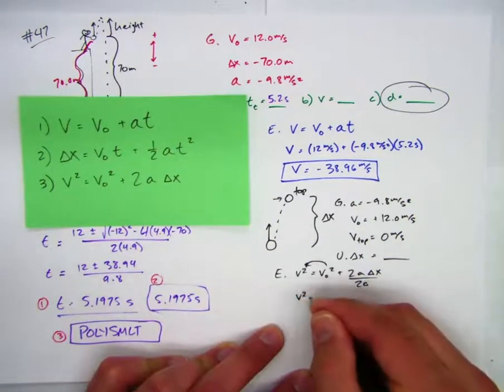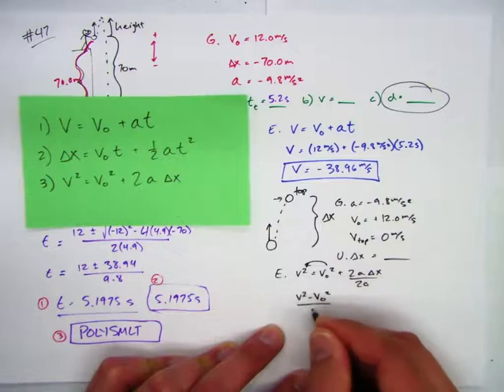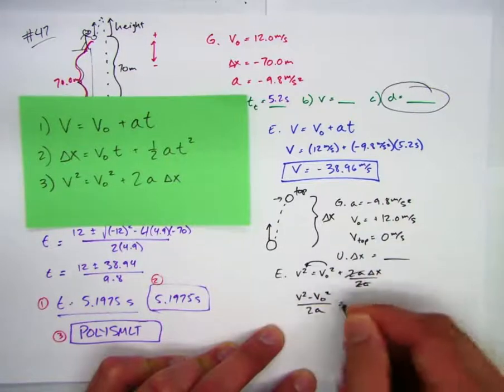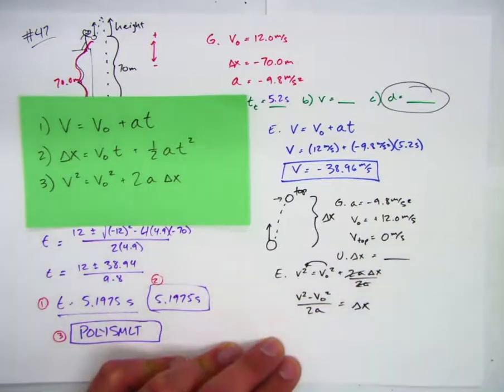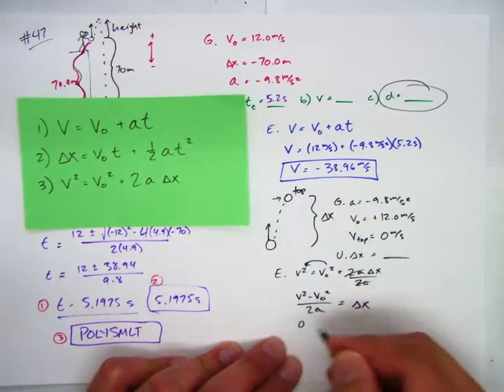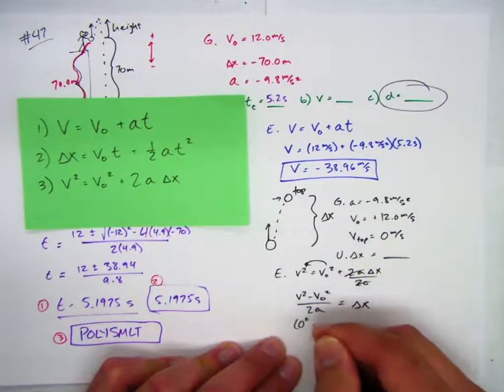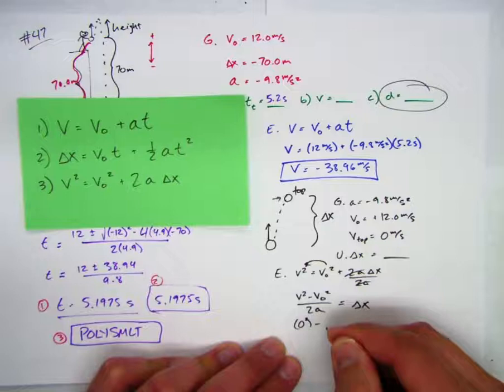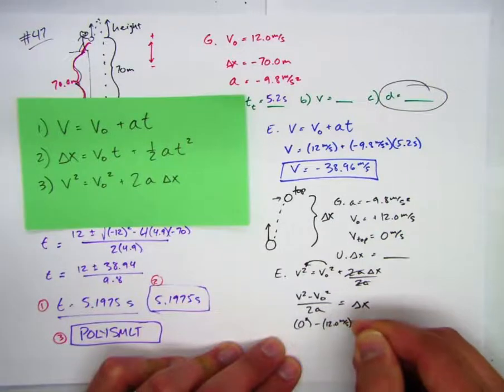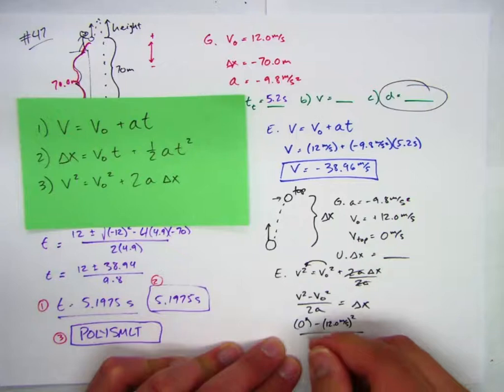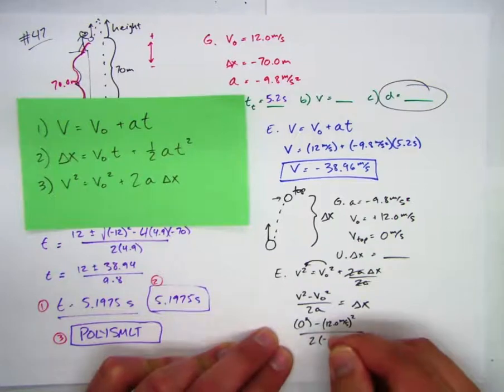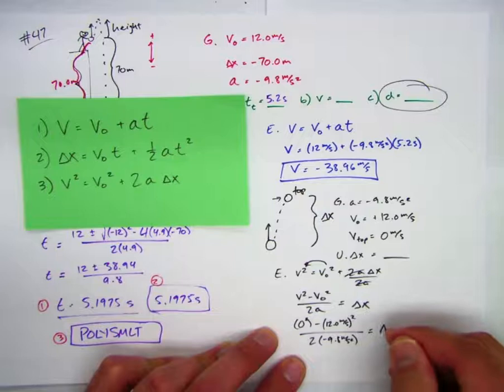So I get v squared minus v naught squared over 2a is delta x. So 0 squared, right, minus 12.0 meters per second squared over 2 times negative 9.8 meters per second squared equals delta